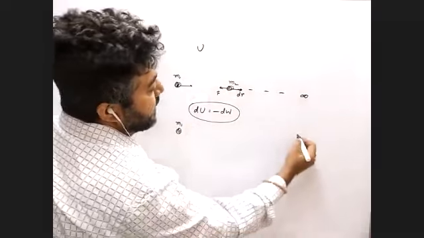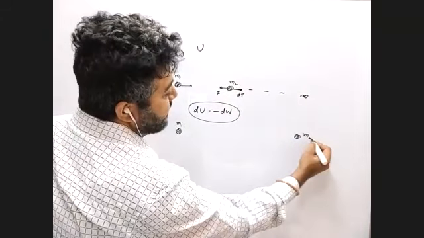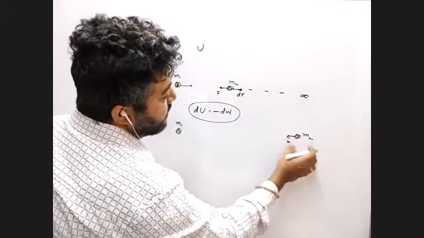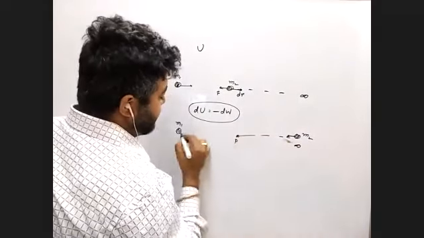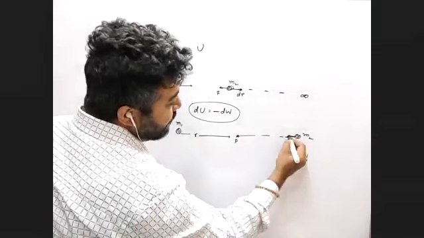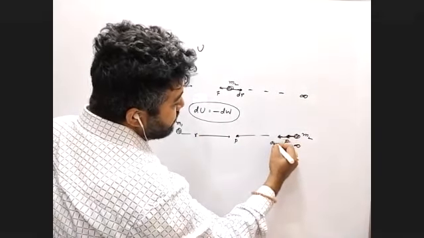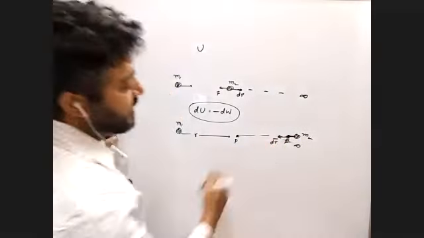So similarly, suppose there is a mass m1 and this is mass m2, if you bring it from infinity to a particular point, suppose r, now look, the force is also attractive and you are also taking it in the same direction, right?